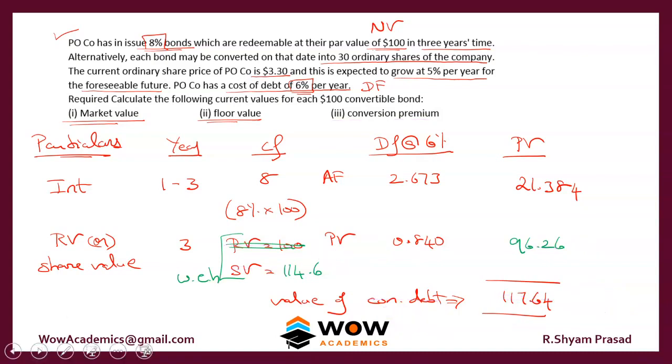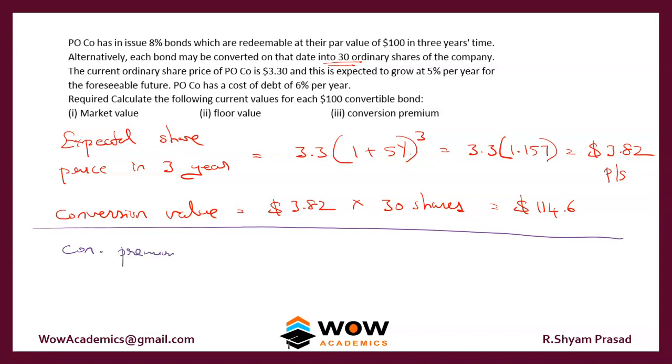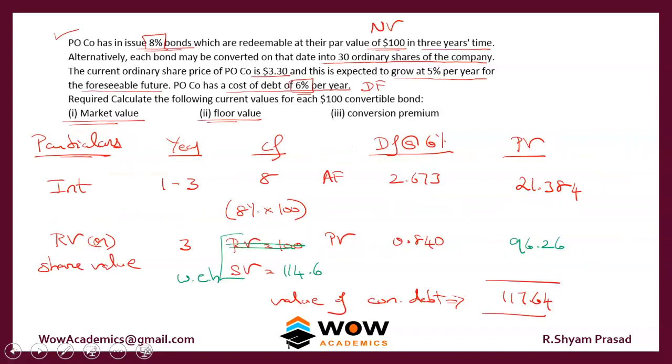So conversion premium equals the value of the convertible bond minus the value of the share. The value of the convertible bond that we found was 117.64,